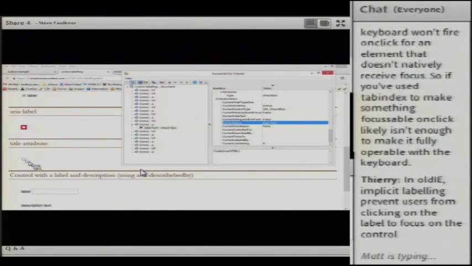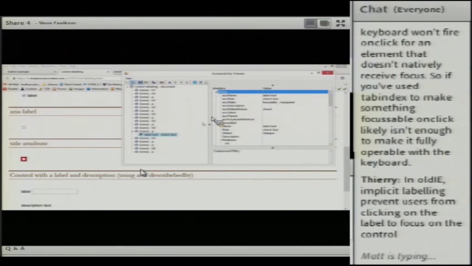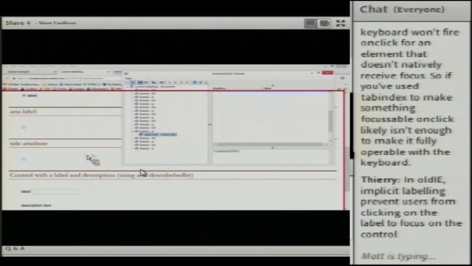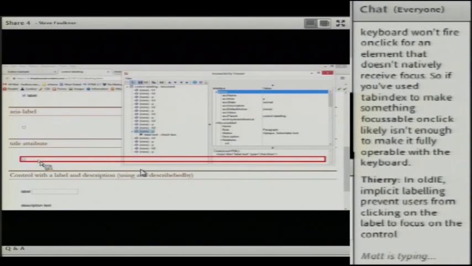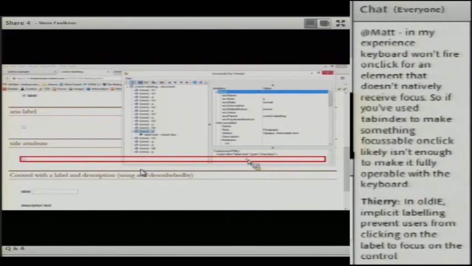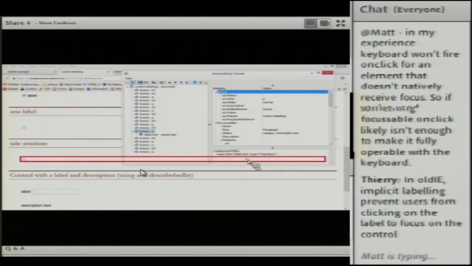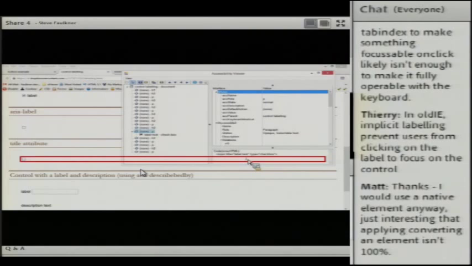Now, let's have a look at the title attribute. One thing to note here is that in the absence of any other form of labeling, whether it be ARIA labelledby or label element or whatever, the browser maps the title attribute to the accessible name.